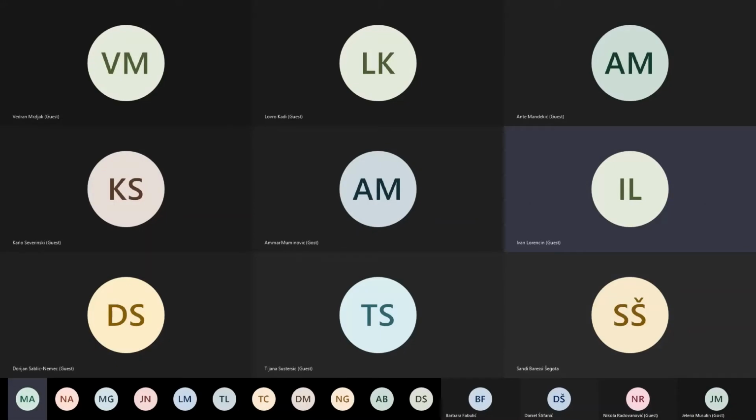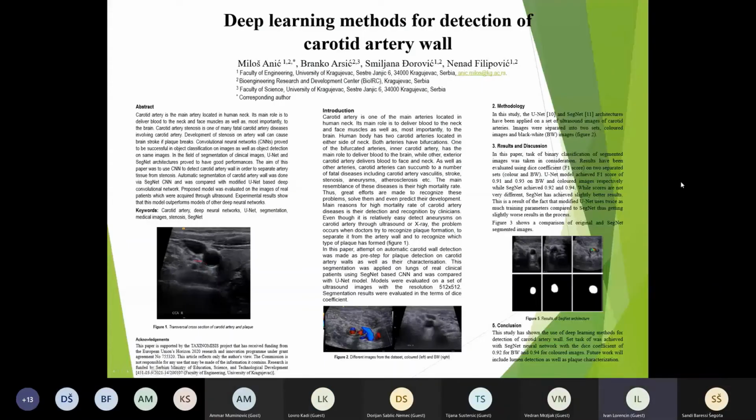to neck and face muscles, as well as to the brain. Humans have carotid arteries in each side of the neck. Those are called left and right carotid arteries, and both of them have their bifurcations. They bifurcate to the inner carotid artery and common carotid artery, as well as other